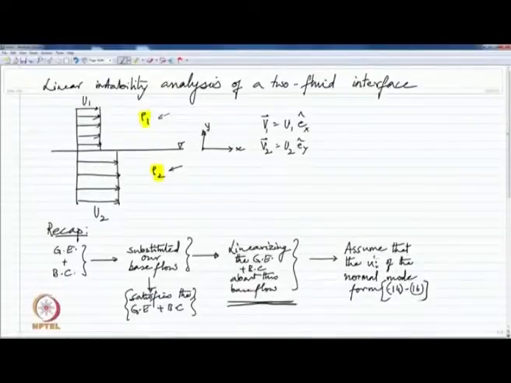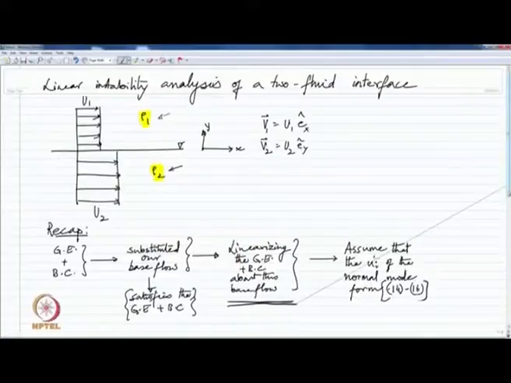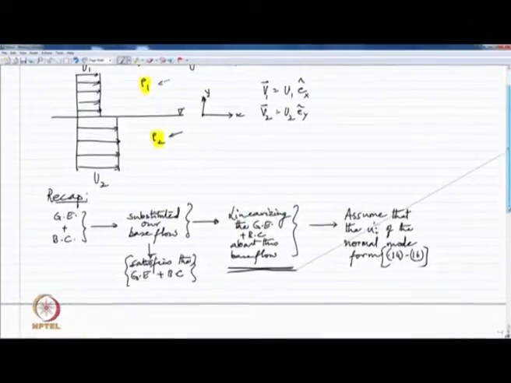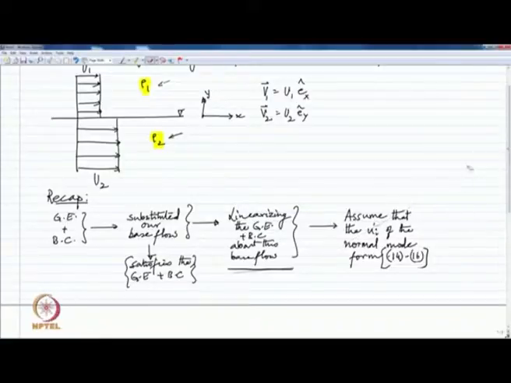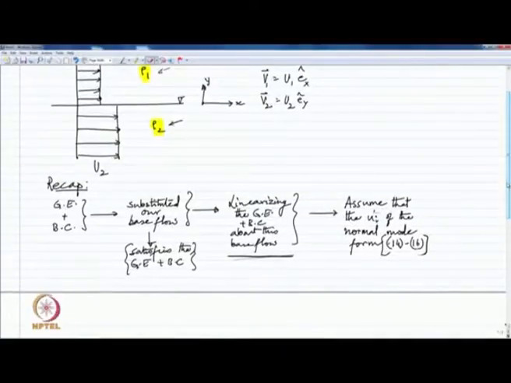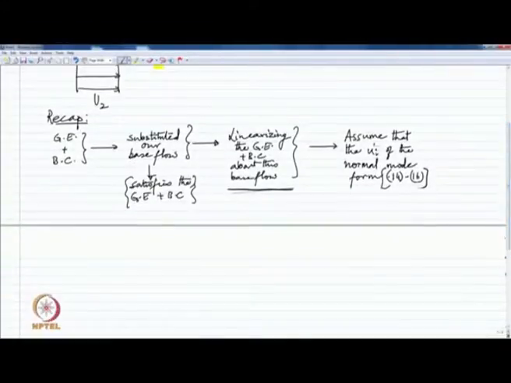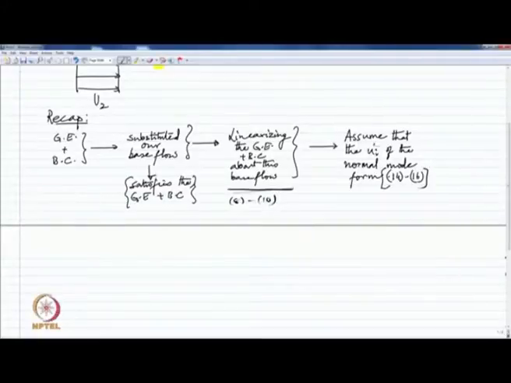The next step that we followed was to assume a particular form for the perturbed quantity called the normal mode form. We wrote these in equations 14 to 16. And we are now at a point where we have our linearized governing equations in equations 8 to 10 and the normal mode form in equations 14 to 16. So, we begin our solution process by substituting